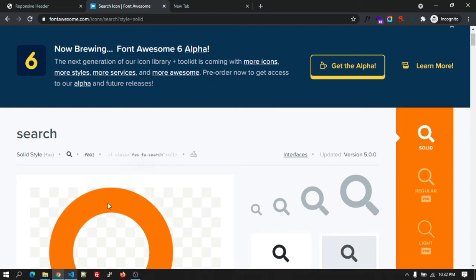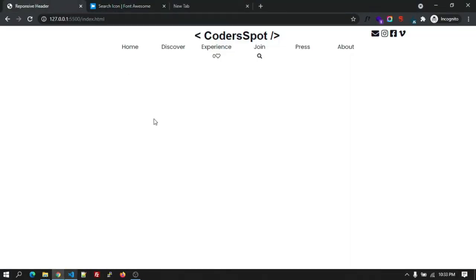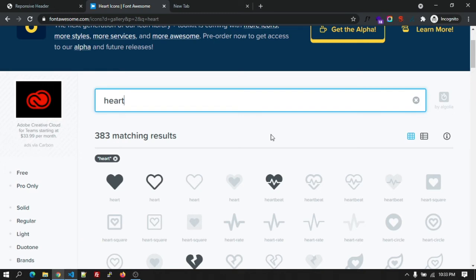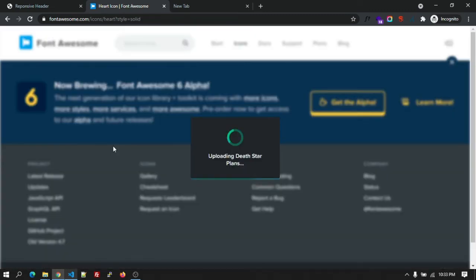So let's copy and paste it over here. So we have added the search icon as well as the heart icon. Take the bold one. Let's copy this one.